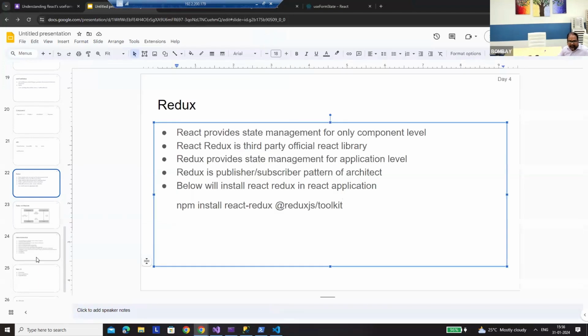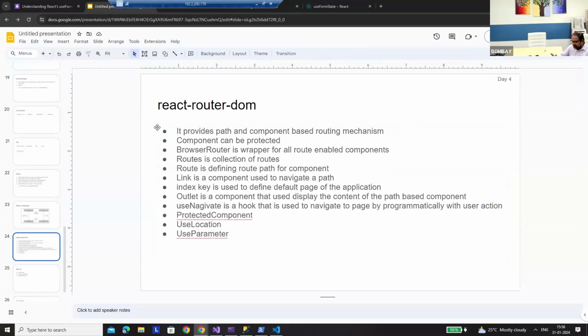Okay, as we saw that, React does not provide any routing mechanism as it is in Angular or Vue.js. So it's a third party. The most used routing system in a React application is React Router DOM. It's a third party. Okay, it provides path and component based routing. That is, you can define your path and map this path with one component. That's the concept of